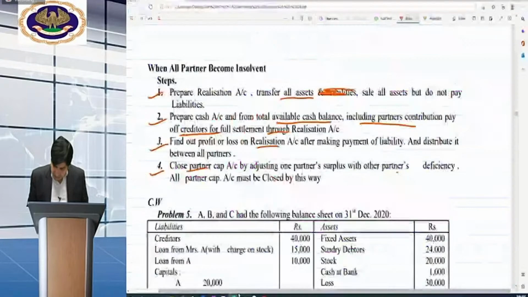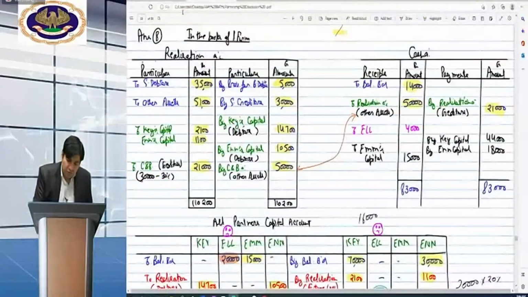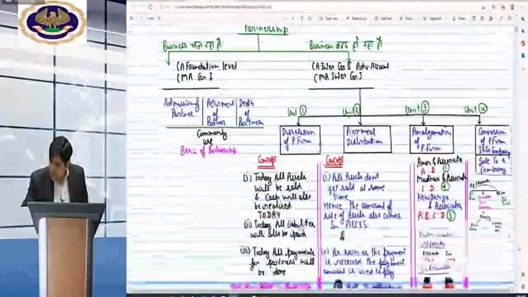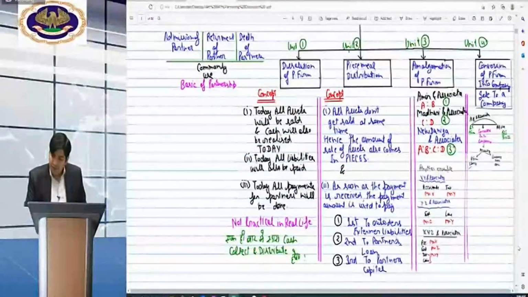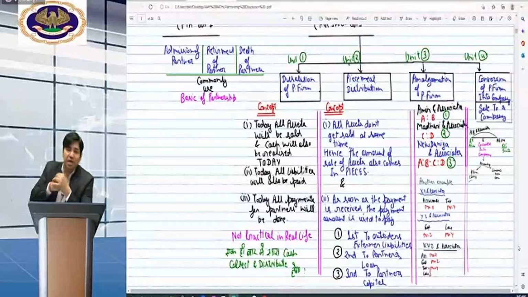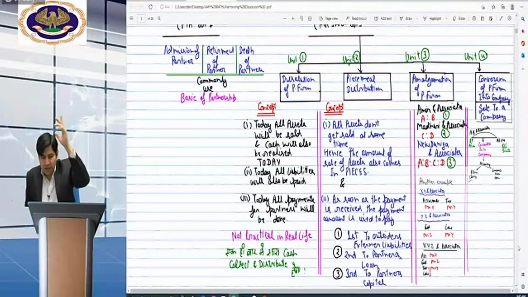Sir, is there anything which you need to discuss? No, beta, nothing to discuss, but I am telling you one thing. A very, very important unit is going to start in the next class. That is piecemeal distribution. All the amounts do not come at the same date. All the payments are not being done at the same date. Those are being dealt with at different dates. So from my side, class is over. You can write your feedback and you can ask your doubts here.